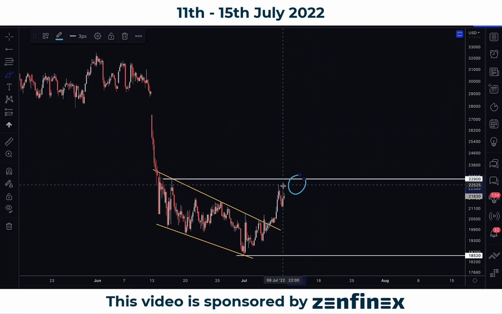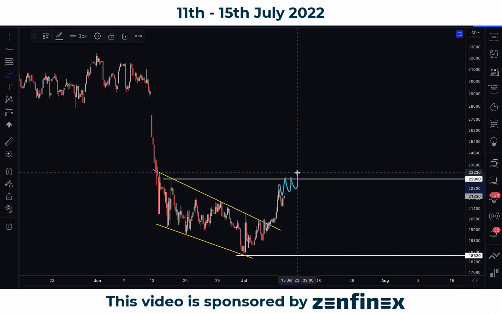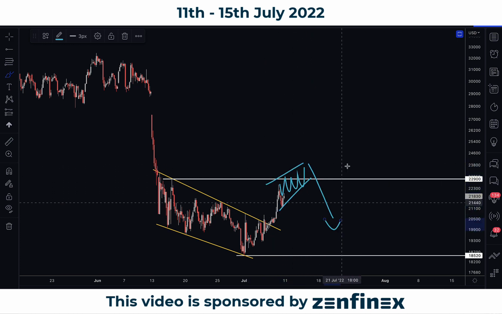Of course, we won't know what's the reaction as of now, but do consider taking partial profits if you're already in. If you're not in a trade or in any trade in terms of Bitcoin, do be patient and see how the market reacts around that 22900 level. Okay, if it's gonna go up in a very corrective manner, okay, do consider look for a potential sell.